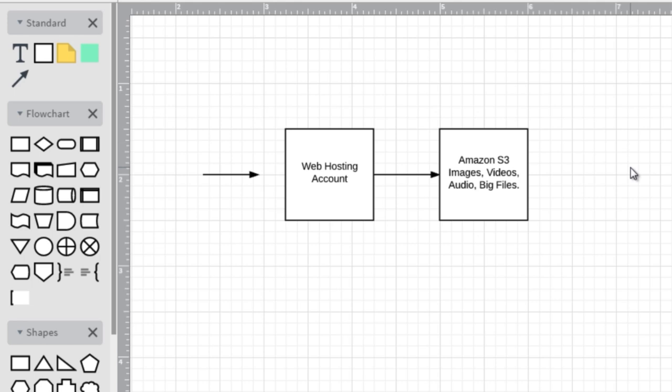The people that are visiting here, they are going to just go to yourdomain.com. They might be visiting your WordPress site, but all the images and videos and everything are over here. Now, you could put the images here and just stick the big videos, audios, or big files over here. Amazon S3 is not going to replace your hosting. You still have the web hosting account. You still have WordPress on this account. You can still have images, but the whole goal is to